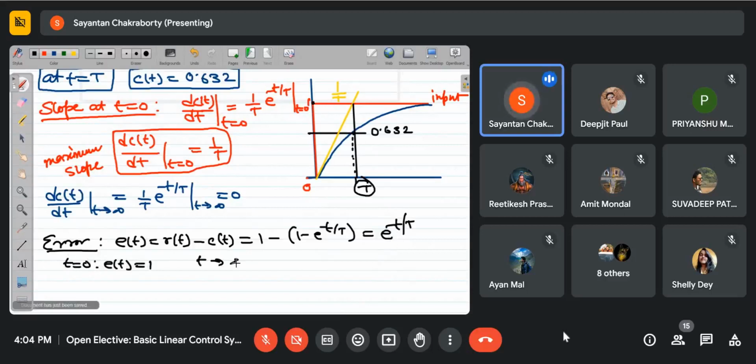And at t tends to infinity? So the error curve will change like this. And e(t) equal to 0 means at steady state, the output is equal to the input. So we get